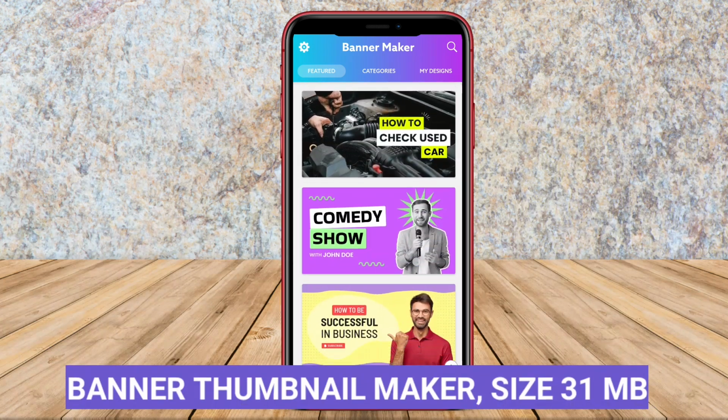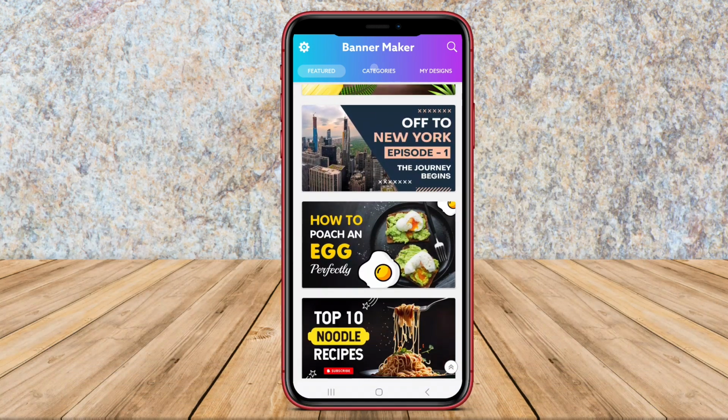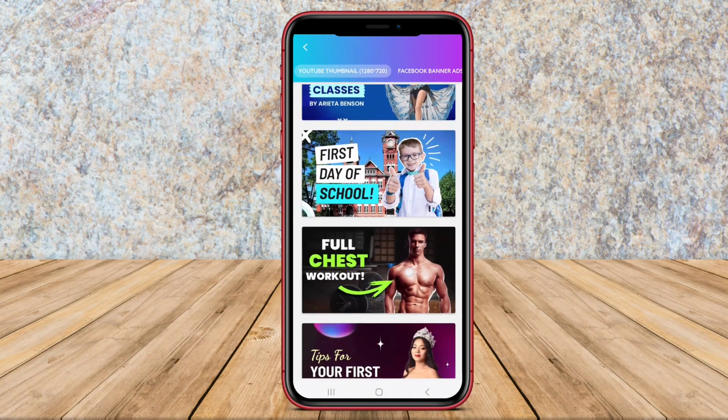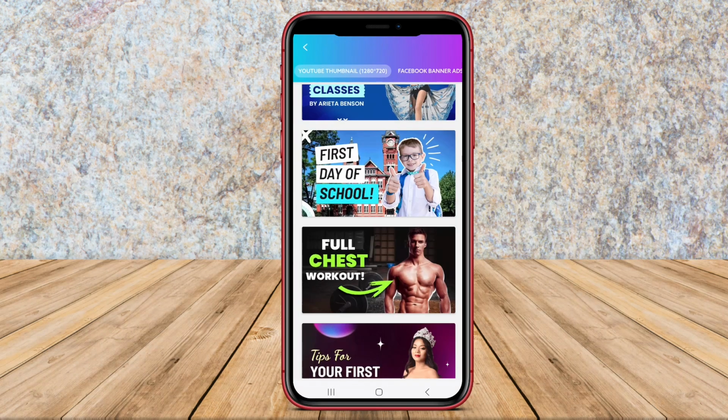Banner Thumbnail Maker. Banner Thumbnail Maker is a versatile and user-friendly application designed for creating eye-catching thumbnails for YouTube videos. This app offers a wide range of customizable templates that can be effortlessly tailored to suit the user's individual needs